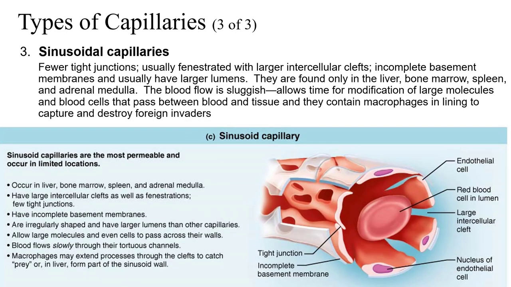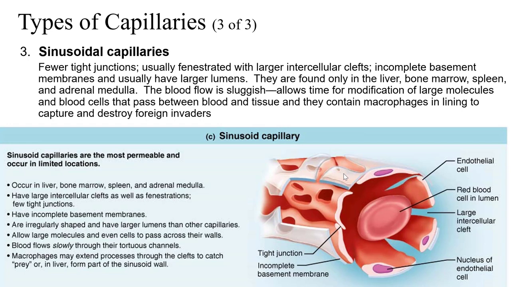Now, the third one looks like a dilapidated capillary, and this is your sinusoidal capillary. There are very few tight junctions. The fenestrations are usually larger, with larger intercellular clefts. There is an incomplete basement membrane. That's the basement membrane, the almost translucent material, and they usually have very large lumens. They're found only in the sinusoids of the liver,